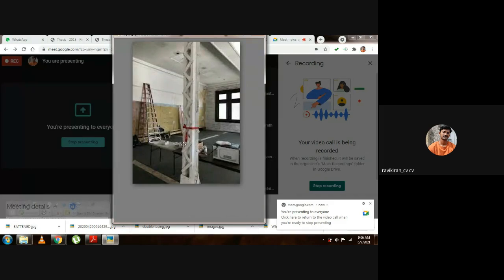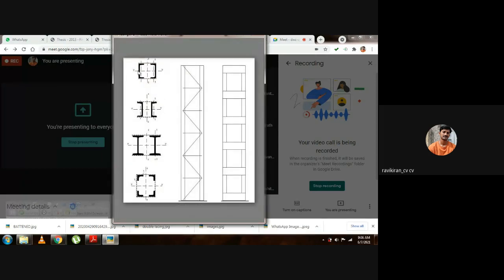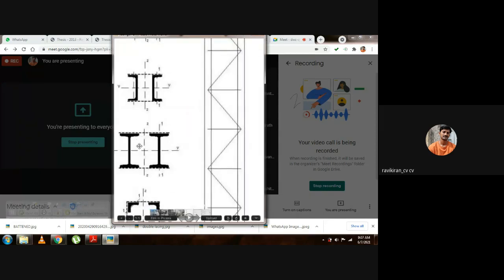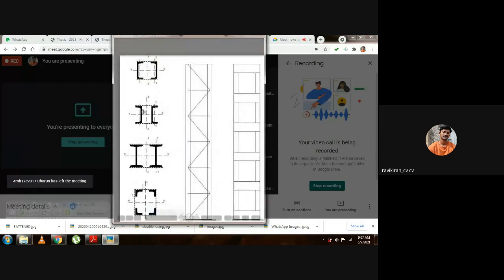In the same way here, consider two channel sections. Here, two channel sections are placed face to face. In the second picture, two channel sections are placed back to back. Can you see this dotted line on top of the channel section? And here in the I section, a small dotted line. I hope you can see this small dotted line. This is in terms of plan, this black thick line what you can see. And the same thing if you look at it in the elevation side, this is how it looks.